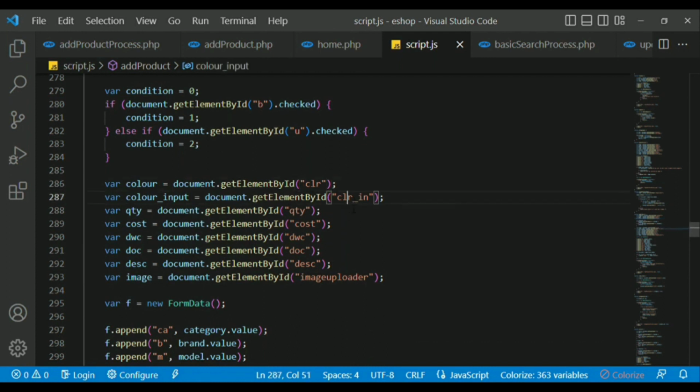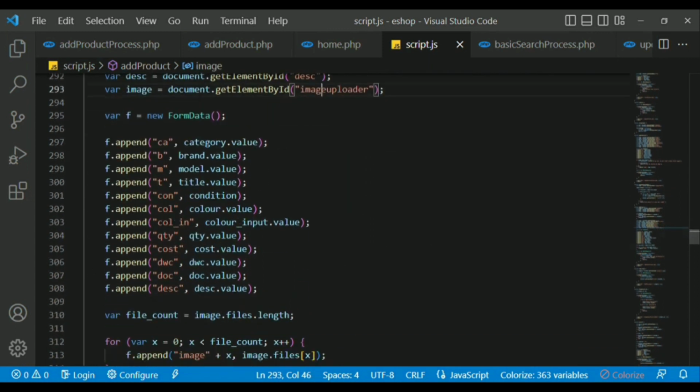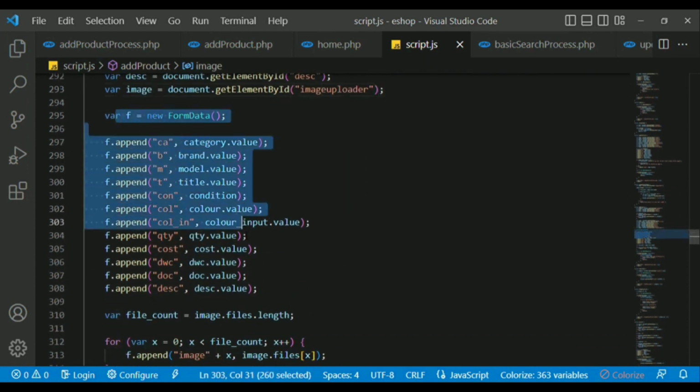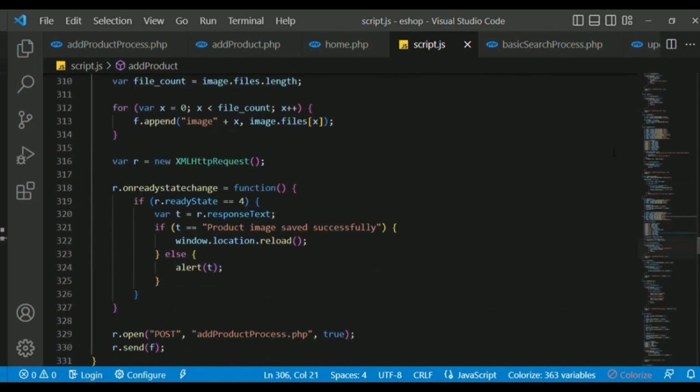And next what we have is we are getting all the color IDs, the color input, the quantity, the cost, then delivery for Colombo, delivery for out of Colombo, and everything. Next we send it through a form, and then we are selecting everything's value. Only the image from down we are